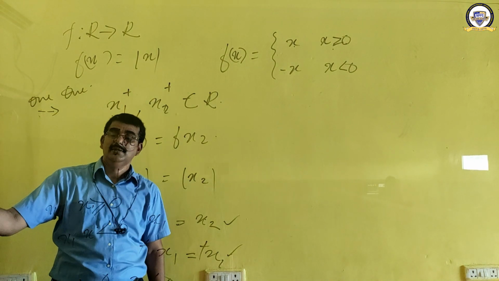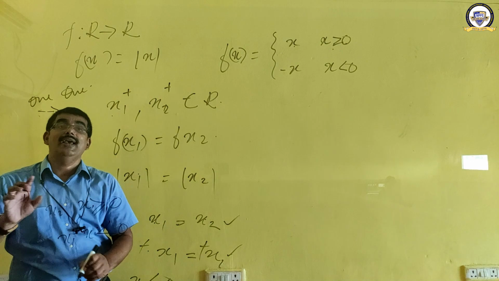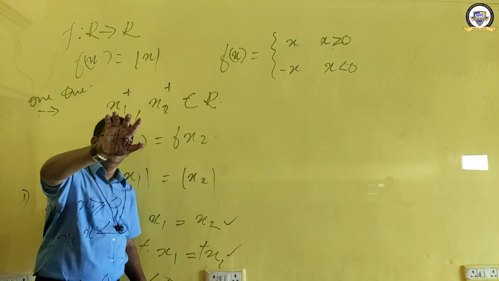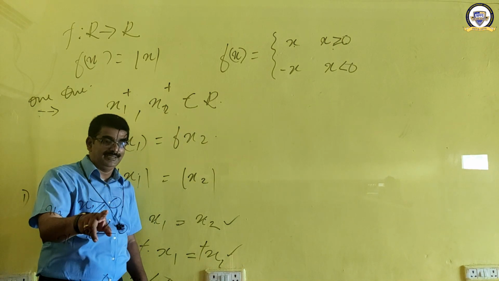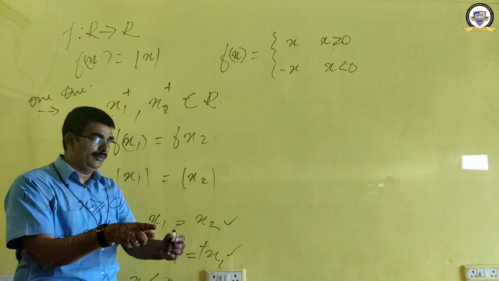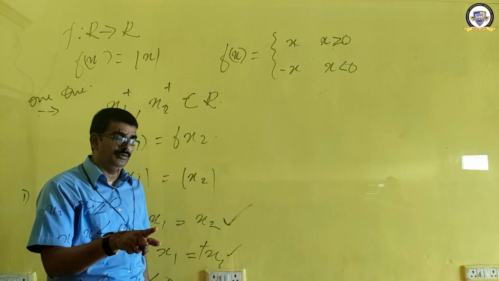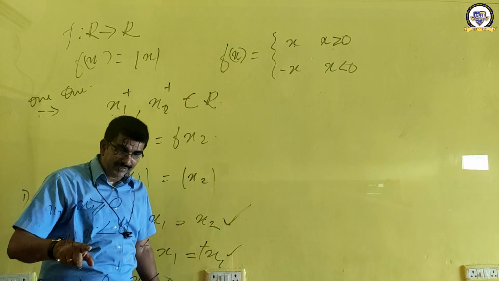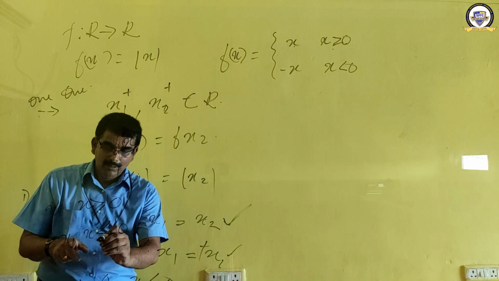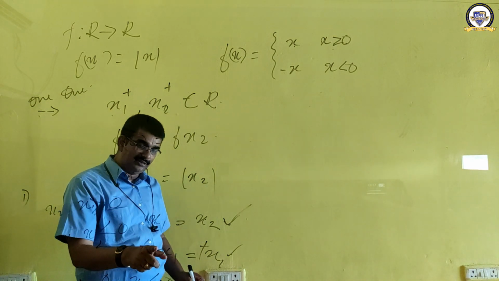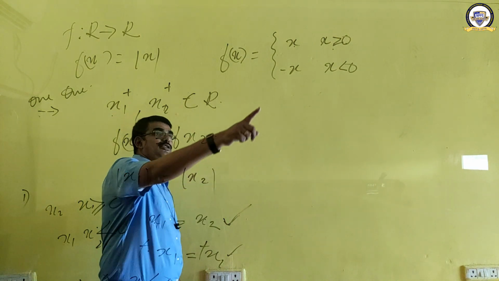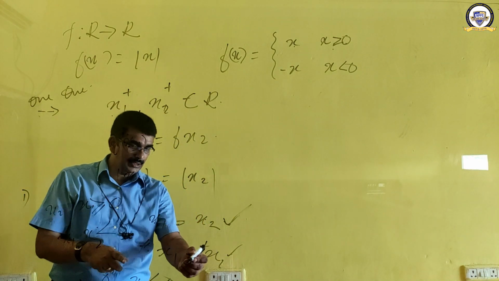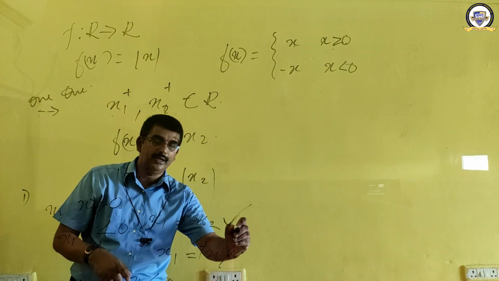Are you clear? First case, we are taking two numbers over here. Both can be greater than 0. At that time, you will prove that x1 is x2. That is why we can say that it is 1, 1. But second case, if you say both are less than 0, at that case also you will get negative x1 and negative x2 according to this definition. There also negative and negative cancel, x1 is equal to x2. There also we can say that it is 1, 1.